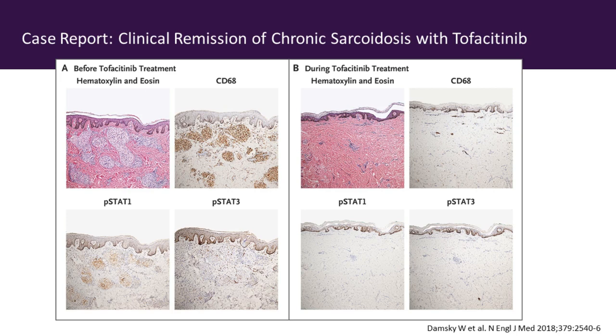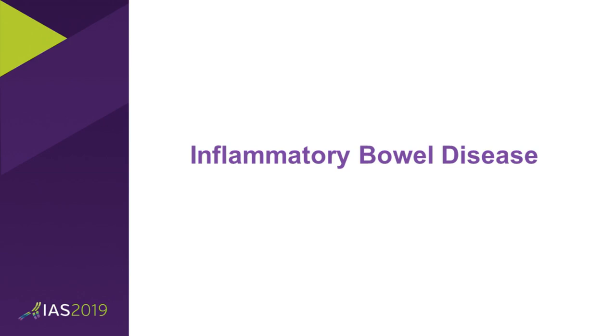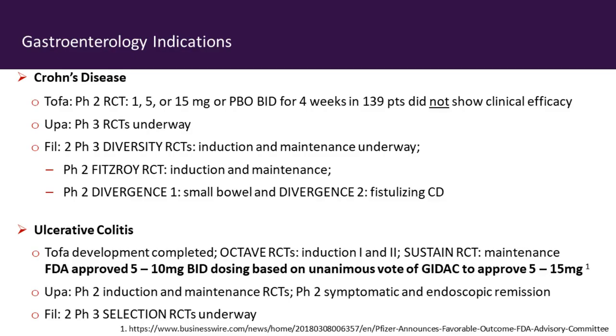So if we move on to the gastroenterology indications, they're essentially inflammatory bowel disease. And we have both Crohn's disease and ulcerative colitis. Now, we usually think that most things that are effective in one will be effective in the other. But we have a problem with the endpoints, both the CDAI, which is not the rheumatologic CDAI, but the Crohn's disease activity index, and also a problem with whatever's being used in ulcerative colitis, whether it's a Mayo score or